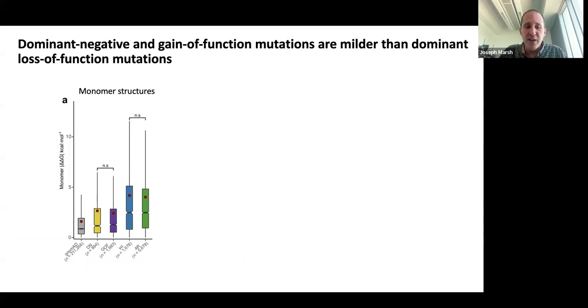And what we found was really interesting. The codes are kind of hard for you to interpret here, but basically HI means haploinsufficient, that's a kind of loss of function. AR is recessive, that's also loss of function. So they have the biggest impacts on protein stability, whereas the dominant negative and the gain of function variants have much smaller impacts on protein stability. This is measured using these delta G measurements.